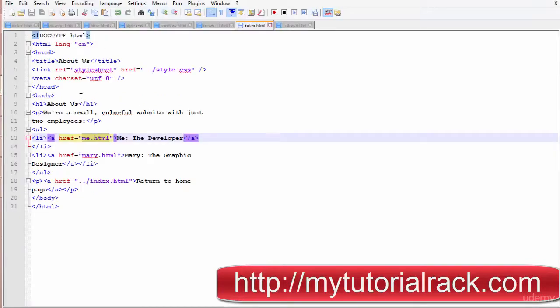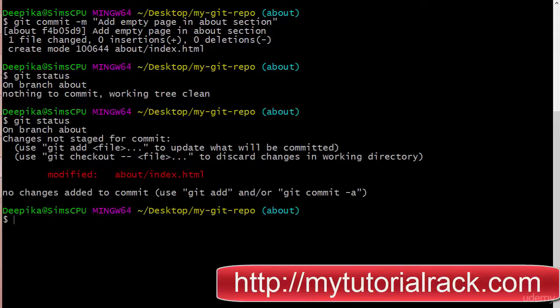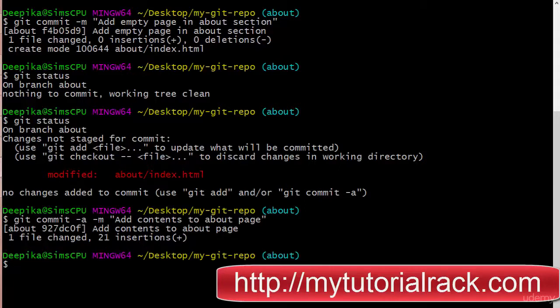Now what we're going to do next is add these changes to this about branch. We will look at the status one more time, and we will see that this particular file has been modified. Now we're going to stage and commit this snapshot using a single command that we learned about, git commit -a -m. The message that I'm going to put is add contents to about page. So this is what my check-in is doing. Now if I look at the history here,